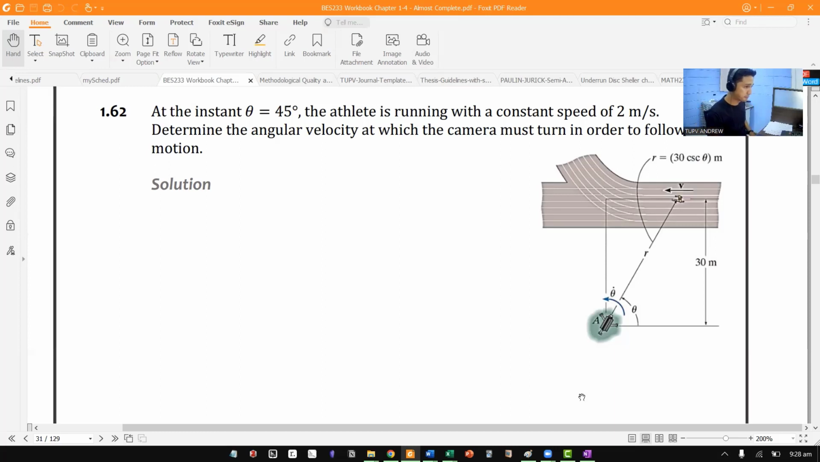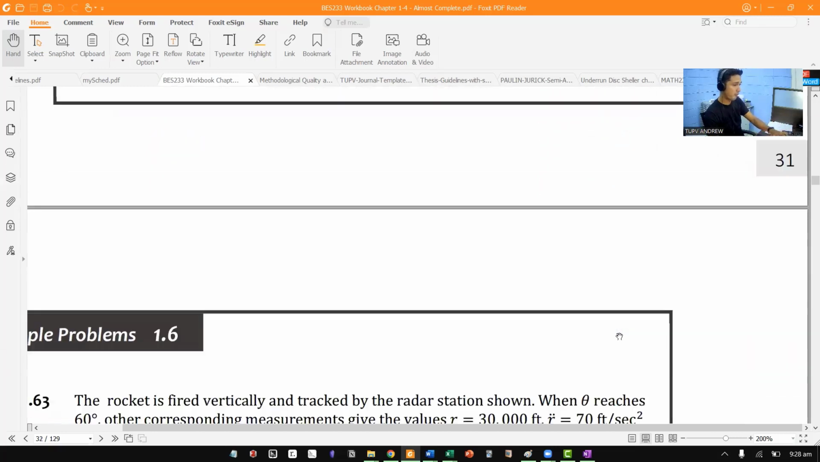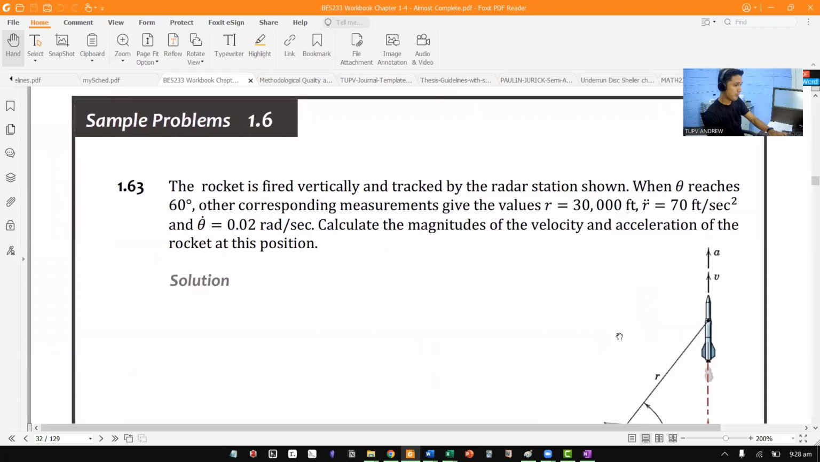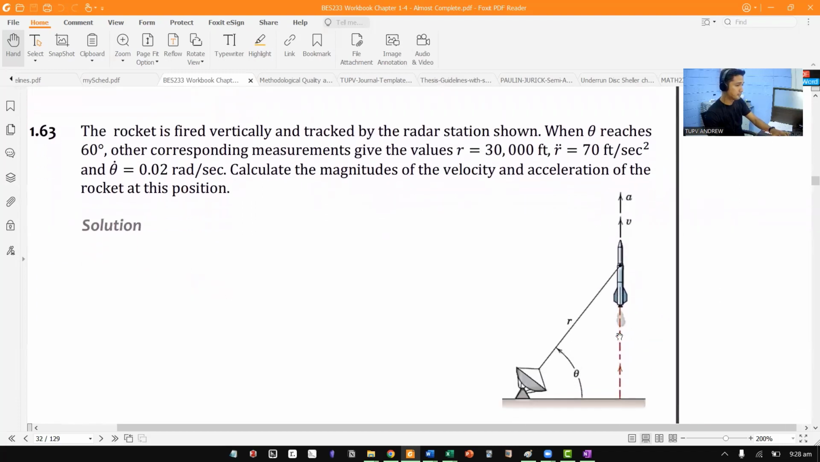Okay, so let's proceed with the third sample problem. The rocket is fired vertically and is tracked by the radar station. When theta reaches 60 degrees, other corresponding measurements give the values r, which is equal to 30,000 feet at that